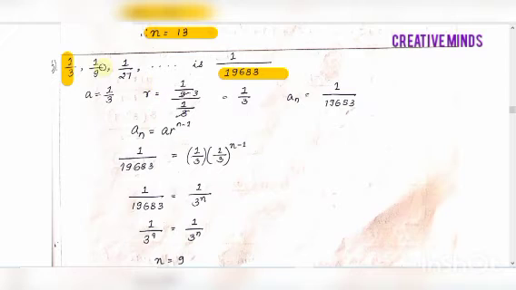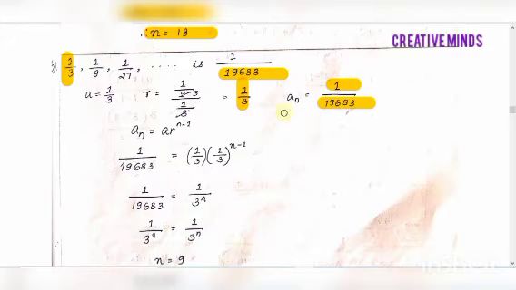R is equal to T2 by T1, that is 1 by 9 divided by 1 by 3. 1 cancels; 9 threes and 3 ones. So when 3 goes to the upper side, 1 goes to the numerator and 3 becomes the denominator. So R is equal to 1 by 3, and AN is equal to the given value, 1 by